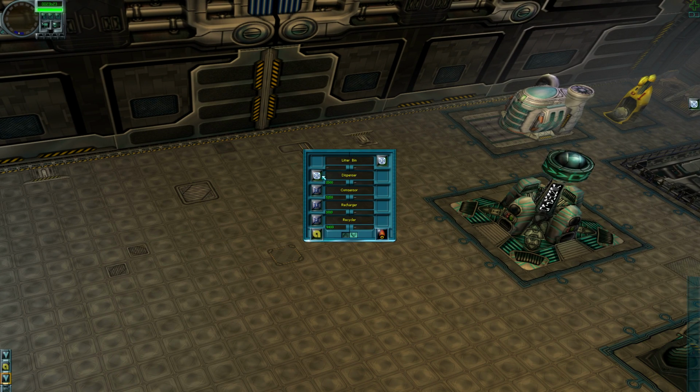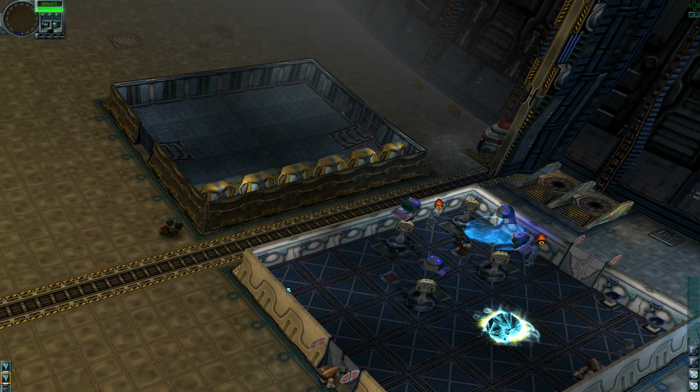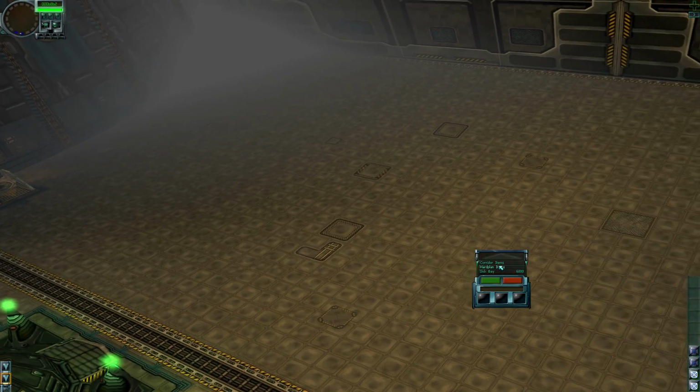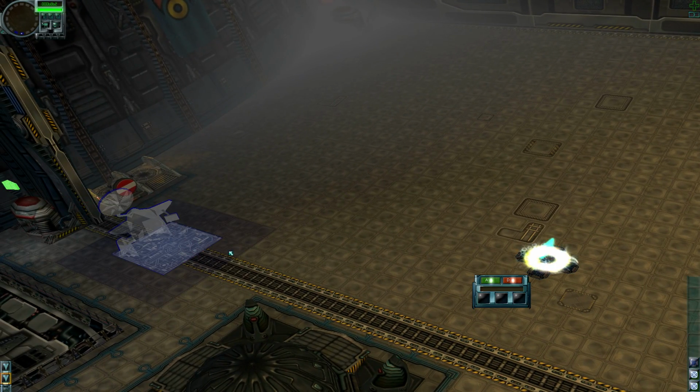Alright, I want a litter bin, and I'll get the dispenser. I also want a comm sensor, and let's see, one recycler, and I want medical supplies. And that's really all I want. I'll put the medical supplies in the hospital because that's just convenient. Right, hard plan items. One comm sensor